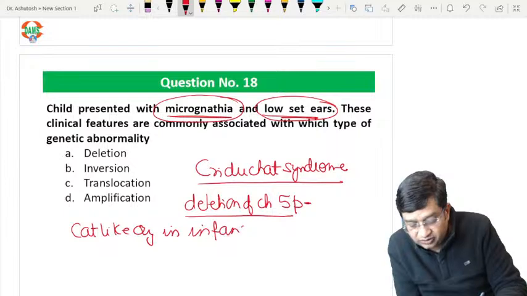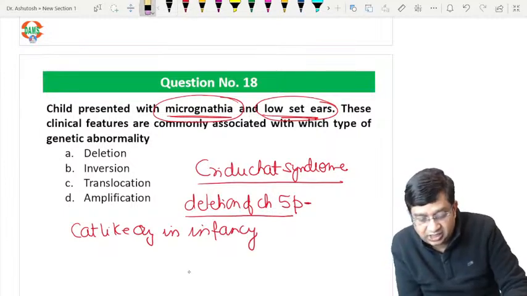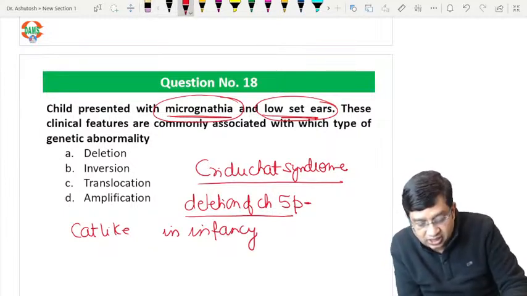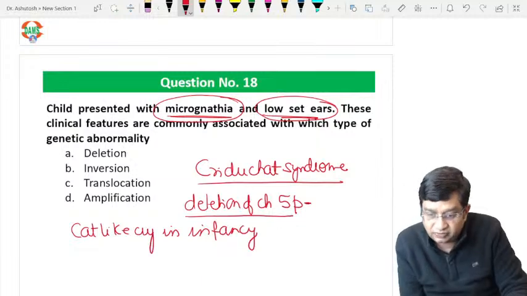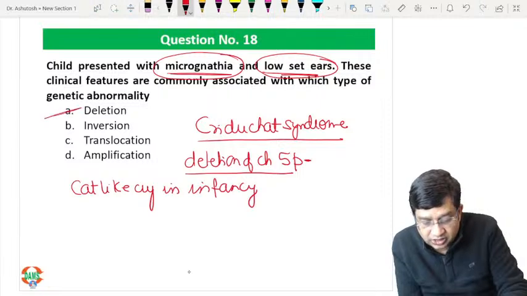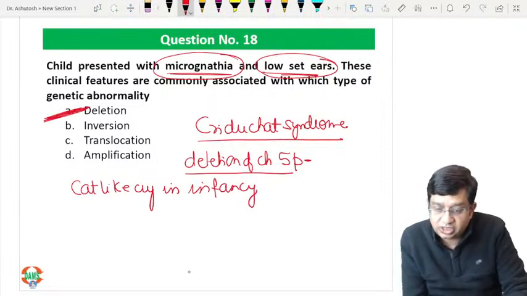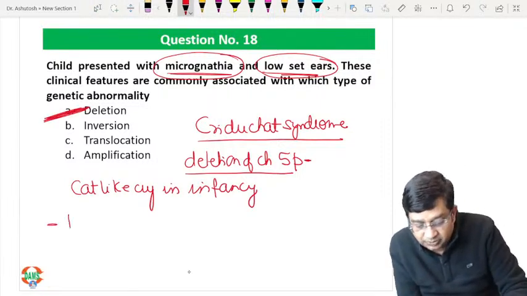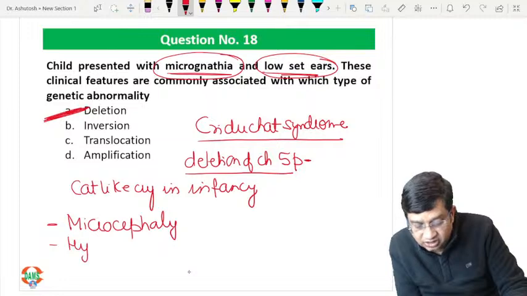Cat-like cry happens in infancy. We write "chat" but actually there is a cat-like cry in infancy, right? So if you see out of this, what should be the right answer? It should be deletion. Other features found in Cri-du-chat syndrome: there is microcephaly, there is hypotonia, low